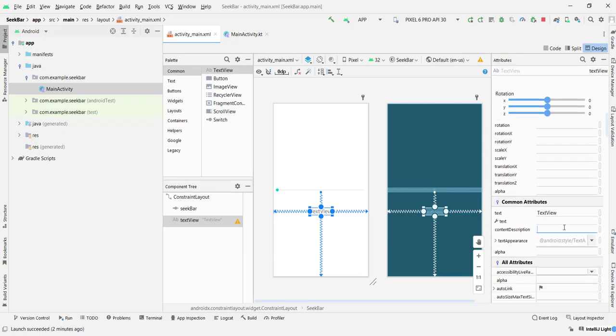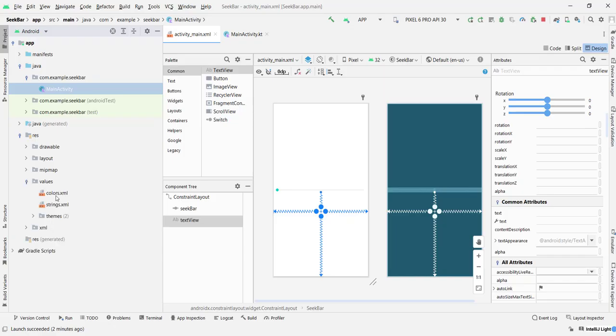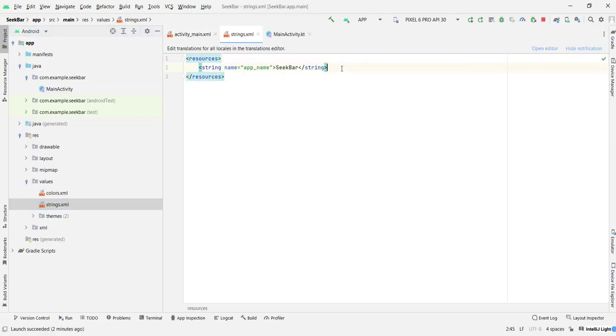So we have the text view. Let's change this text, but let's create a string resource for that. So I'm gonna go into values, strings, and I'm gonna create here a string, which is gonna be text view